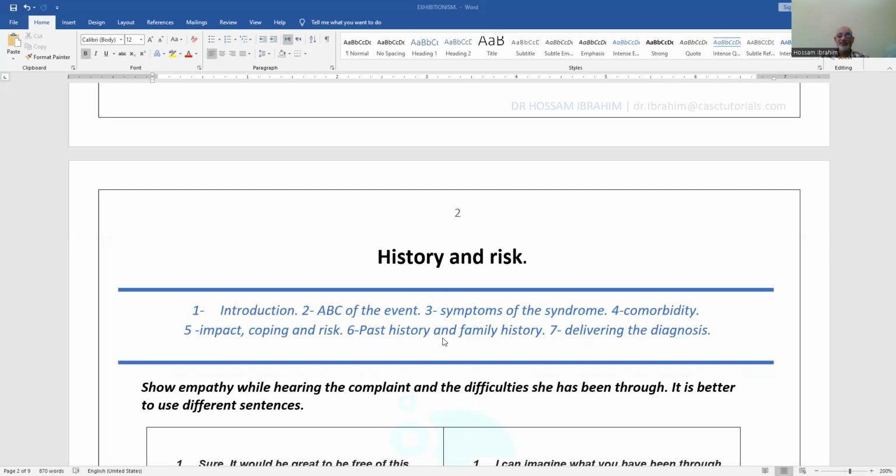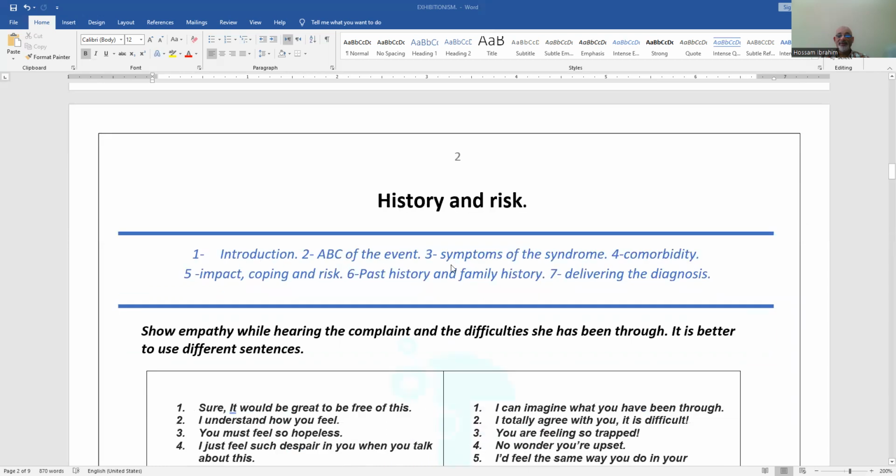So in this context, in our PDF and our plan, you have 7 points. The first point is the introduction, and do not underestimate this point, because the introduction is the way you introduce yourself, the way by which you give the first impression. If you're not able to greet the patient in the right way, with his right name, and explain the setting in which you are talking with him, particularly in this type of station in which the role player is not happy talking with you,